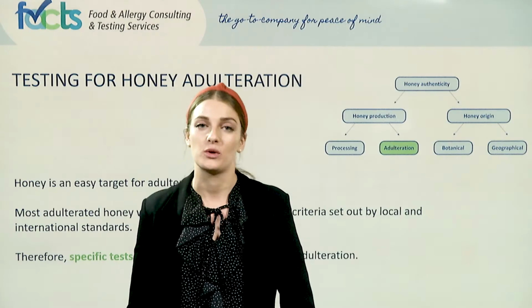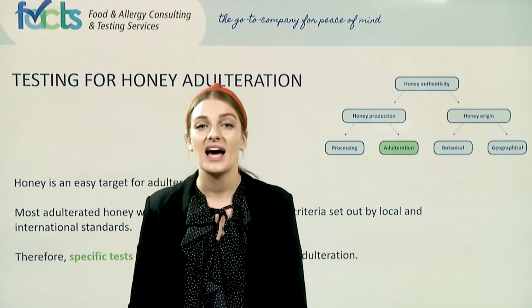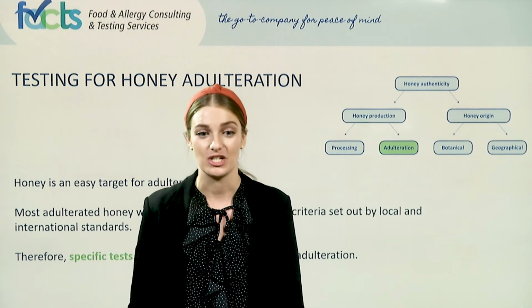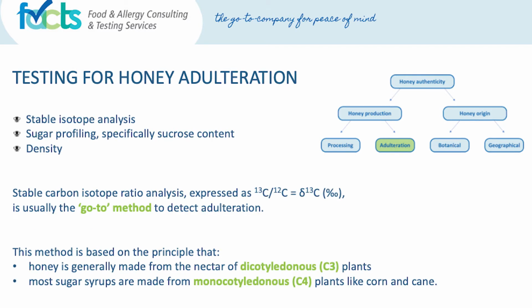Now that we've spoken about the quality side of things, what about honey adulteration? Honey is an easy target for adulteration. And what makes it even more difficult is that most adulterated honey will often test as compliant to quality criteria set out by local and international standards. Therefore, specific tests need to be conducted to determine adulteration. Stable isotope analysis, density, and sugar profiling, looking specifically at the sucrose content, are the most common tests out there to look at the